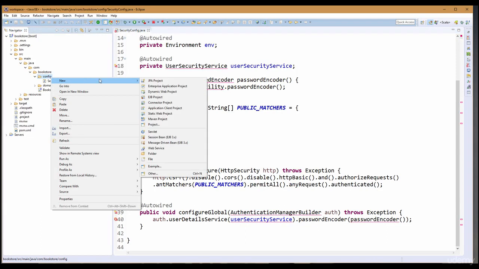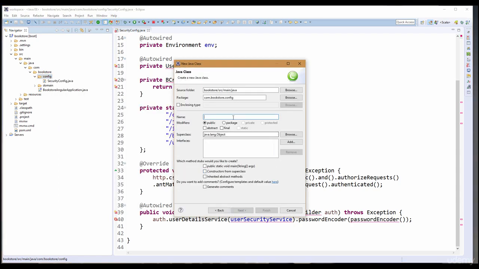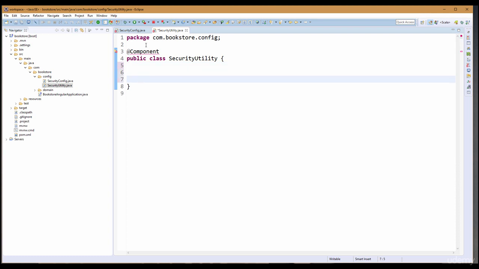First, we're going to create a new class under the config folder, and we're going to call it SecurityUtility. We're going to register this class as a component so that Spring knows this is a component bean. And we can define a